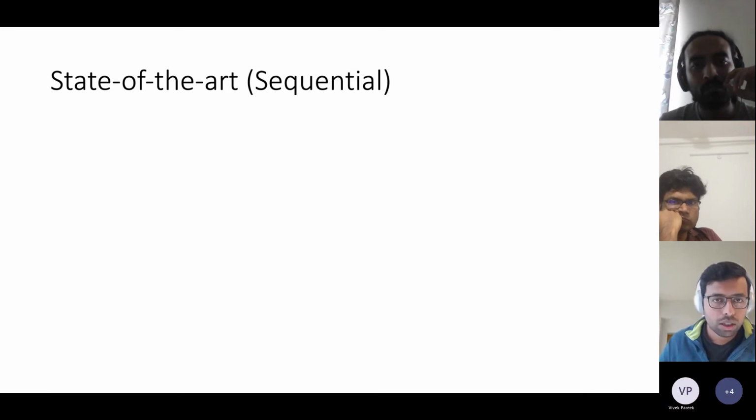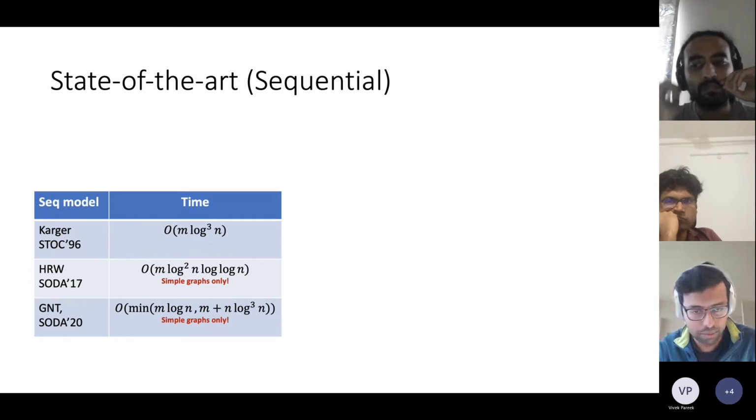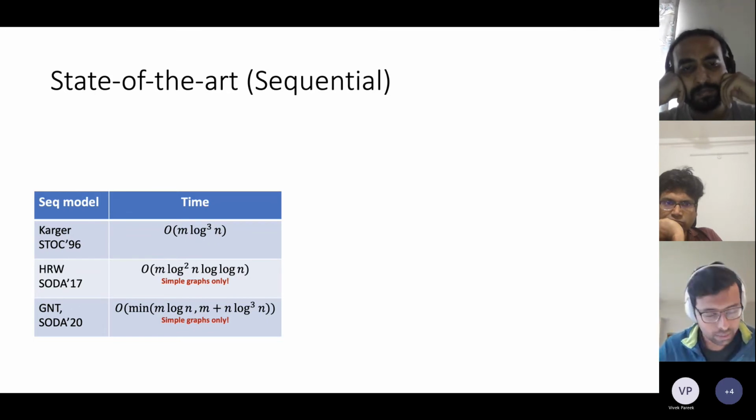So this is the state of the art in the sequential model. It means that it's a unit RAM model. Karger gave an algorithm in '96, which is near linear, m log cubed n. And then there are multiple improvements by Henzinger, Rao, and Wang, and Ghaffari and company, which improve this